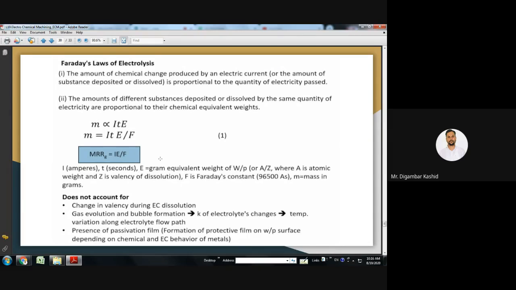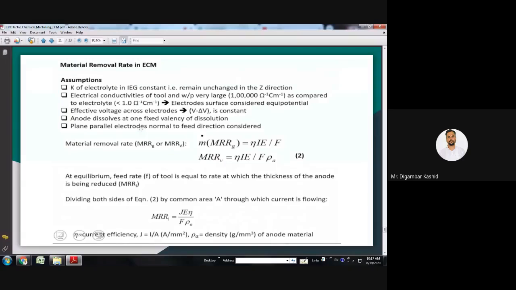Now how we got this formula and other things, that is the mathematical modeling of this material removal. That is not a part of our syllabus, so I'm not going to explain that point. When your advanced technical training is done, that time I will cover this part. Here I have also shown the mathematical formula: MRR, which you can calculate volumetrically, is equal to I divided by F. If you want to go into detail, you can refer to the book also.